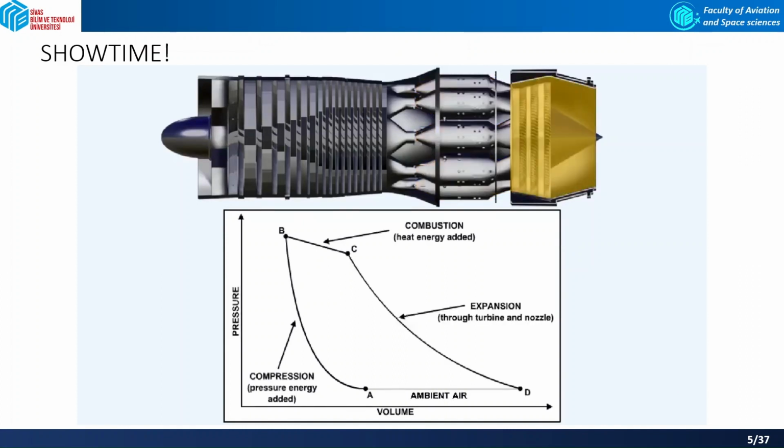Between points C and D, the gas generated through combustion expands in the turbine, where mechanical power is extracted from the energy in the gas stream, and the jet pipe, where the remainder of the gas stream energy provides a propulsive jet as it is discharged. In theory, the gas stream pressure attains a value equal to atmospheric pressure.